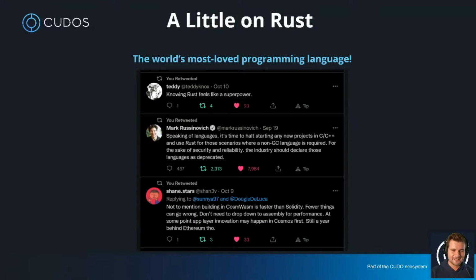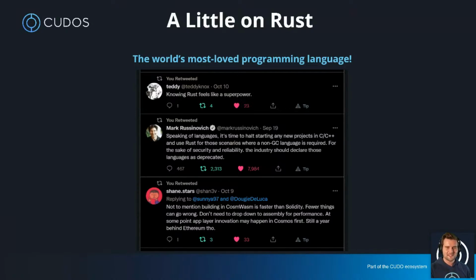The next retweet was from Mark Russinovich, who is the CTO of Microsoft's Azure. And he says something pretty bold here. Speaking of languages, it's time to halt starting any new projects in C or C++, and use Rust for those scenarios where a non-garbage collected language is required.